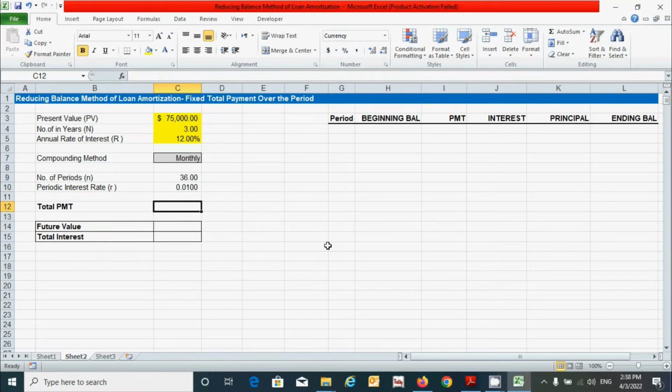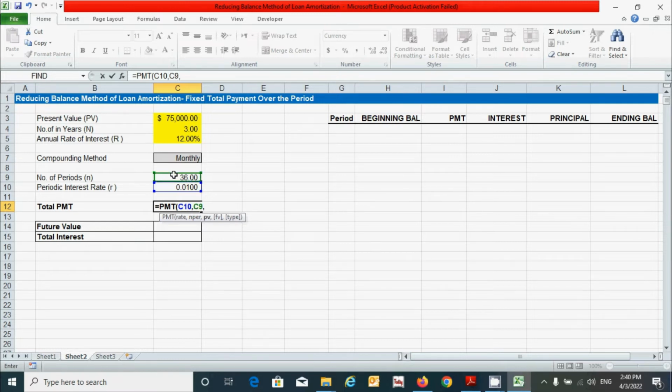Now let's calculate the total PMT, which can be calculated by using the PMT function in Excel. Press the equal sign, type PMT, press Tab, and provide the information based on the arguments. For rate, select the periodic interest rate, comma. For NPER, that means number of periods, select this one, comma.